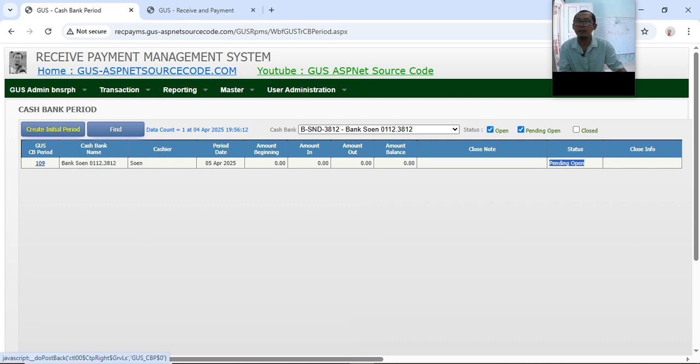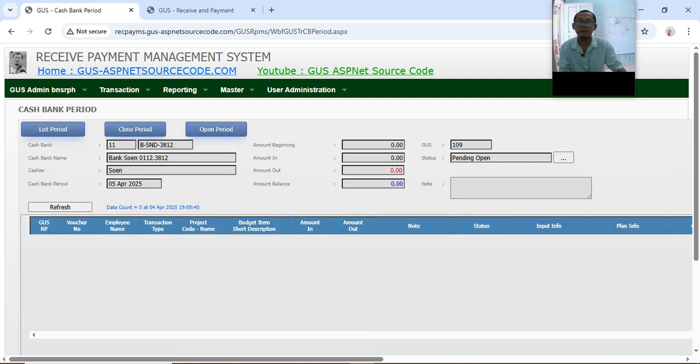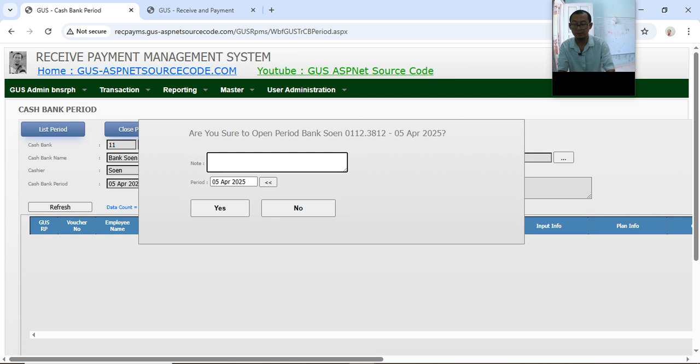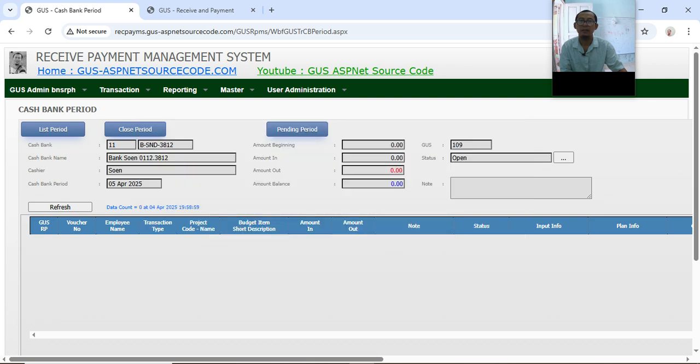Now let's open it. How to open? Click this CB period, and then change the status to open by clicking this, open period. Open for the first time, period 5 April. Yes, the status is now open.